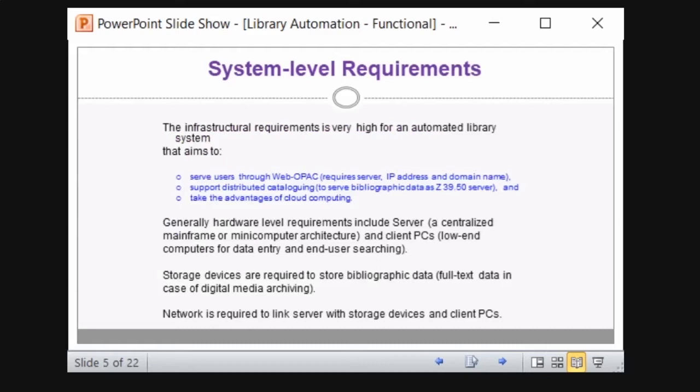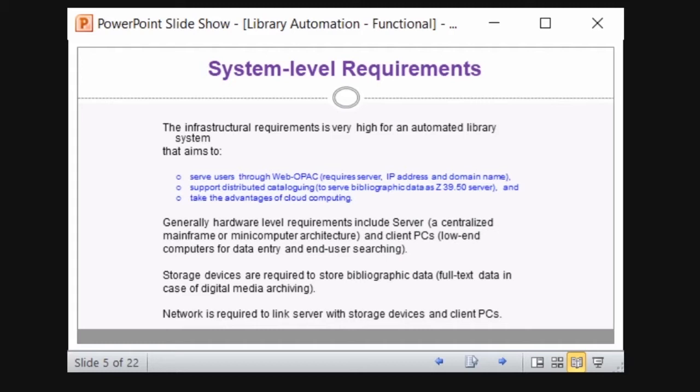See, the infrastructural requirement is very high for an automated system. As I said earlier, the configuration of the system should be very high, because you need to serve the users through WebOPAC. To provide WebOPAC, you need a server IP address and a domain name, right? And if you are going for web OPAC, you need to host the domain name on the web.